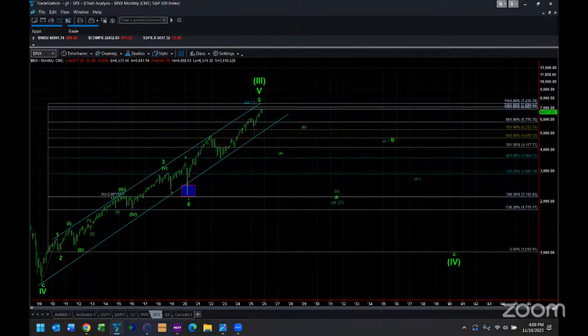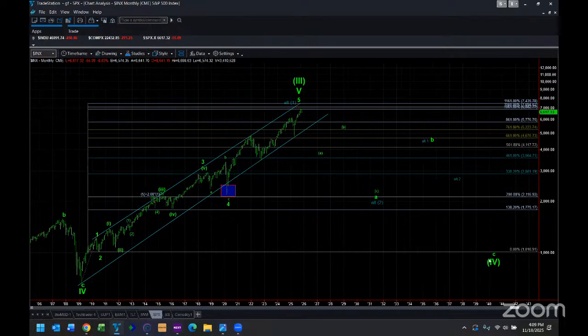My expectation is the crash that will complete this wave 4 will be much greater than the Great Financial Crisis crash, much greater. In fact, I would assume that the first C wave would probably be akin to the Great Financial Crisis crash, and I would not be surprised if it is accompanied by another banking crisis. I would not be surprised if both of these are accompanied by banking crises, and that's basically because of the manner in which bank balance sheets are being represented today. They are truly ugly if you dig into them, but that's a side point.